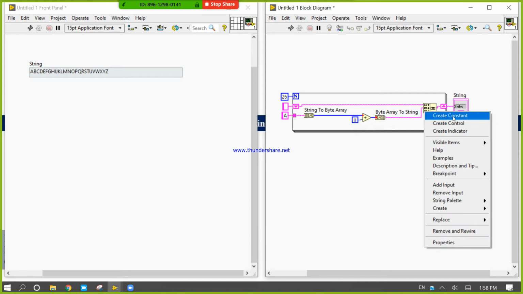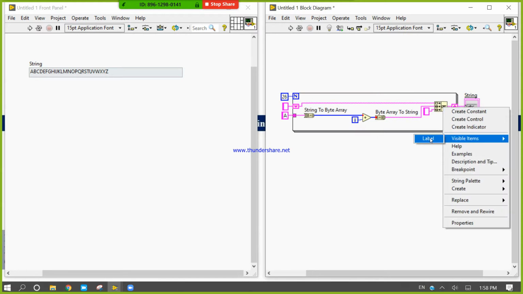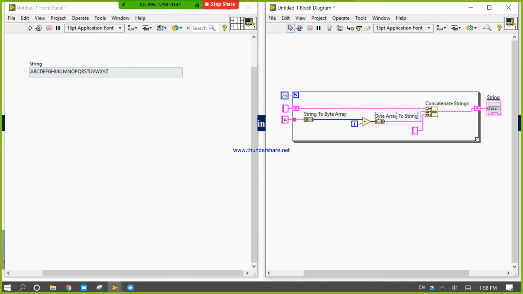Right click, create constant, and space, control A, control U. It is concatenate. A space, B space, okay.